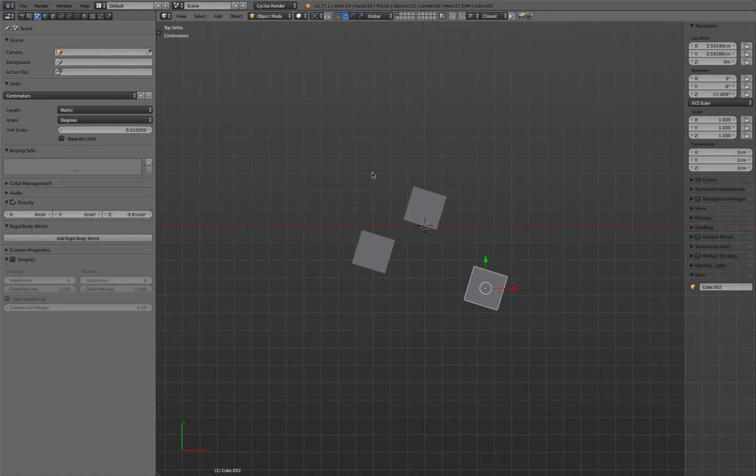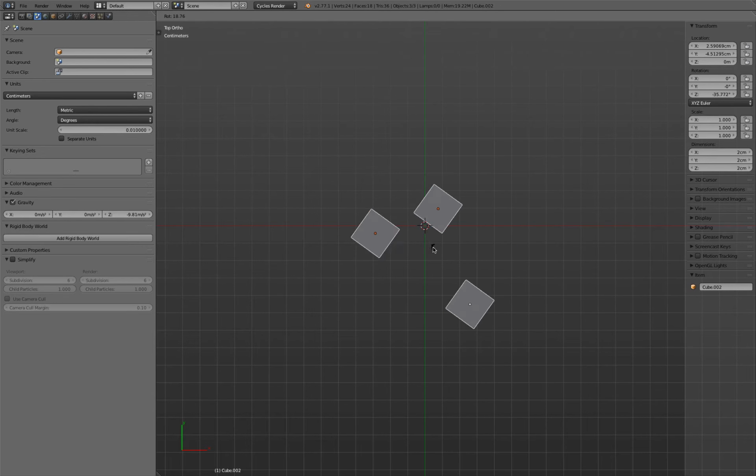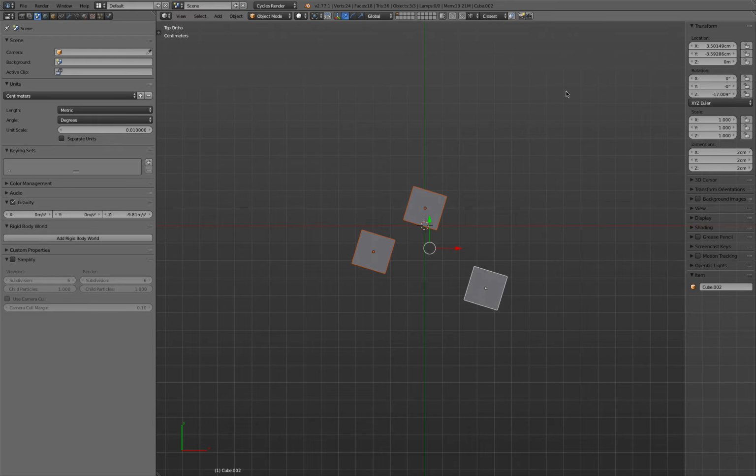Okay, so let's pay attention to the 3D widget and where it's positioned. You see it always moves to the selected object, but when I select 2, you see it's in between. And now when I press R for rotate, you see it rotates around this point. If I select this one, rotation will be there. Also a small tip, don't move your cursor closer here and then rotate, because as you can see it's kind of crazy. Always have your cursor